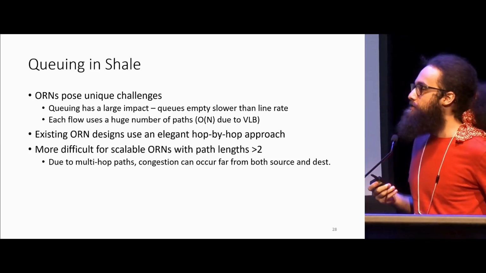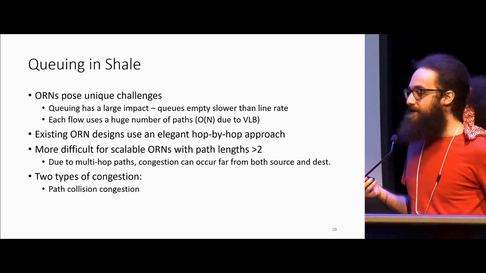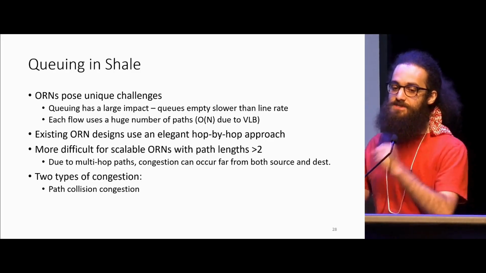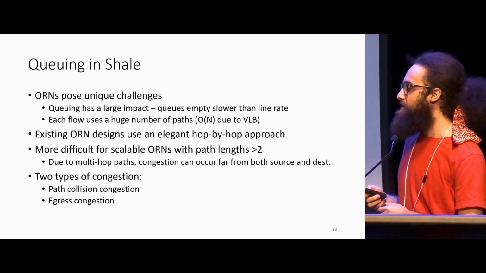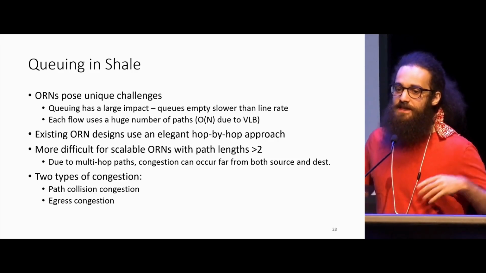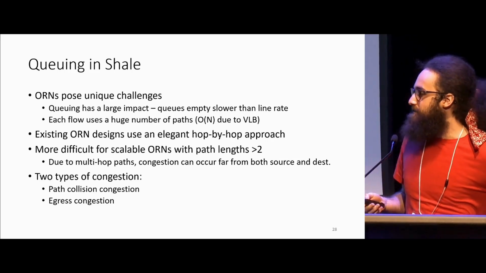And we're going to consider two types of congestion, and we're going to use different strategies for each. First, there's path collisions, where you have different destination cells that happen to have contention over the same link at a given point in time. And then we're going to have egress congestion, which is when you have something like incast and there's a lot of cells headed to the same destination, and they kind of pile up in the final queues headed towards that destination. So first, path collisions.